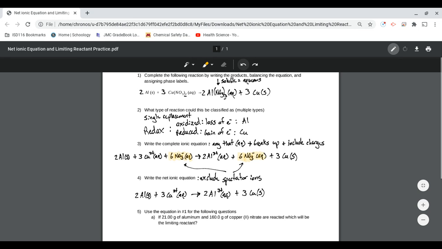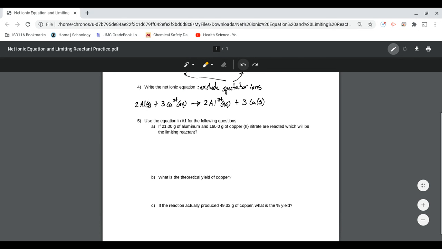And we're done. Now, in the part 2 video, we're going to use that equation from the top and go through a limiting reactant problem where I give you the masses of the starting reactants and have you figure out the theoretical yield of copper, and then